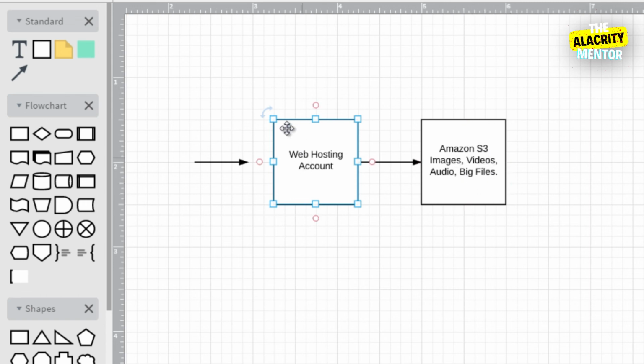Now, you could put the images here and just stick the big videos, audios, or big files over here. That's something that we did during product launches, for example. We found that a spike of traffic can crash your whole server. But before Amazon S3 was available, we would place the images, videos, and audios and big files on a different server. And that's how we would combat this whole situation.